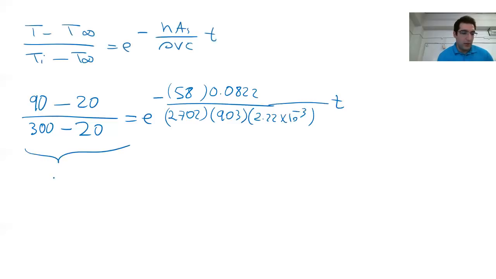The left-hand side becomes 0.25 equal to e to the power of minus 8.87 times 10 to negative 4